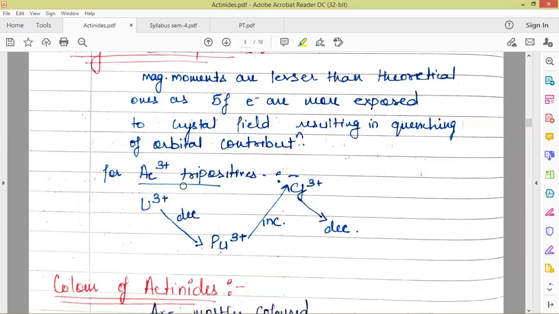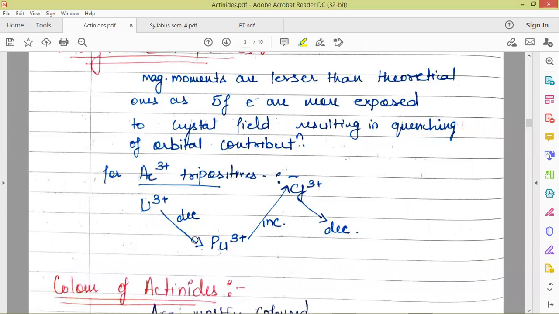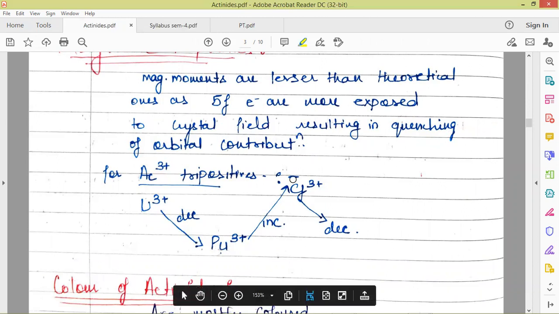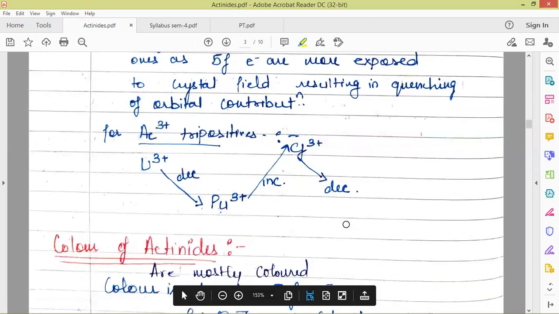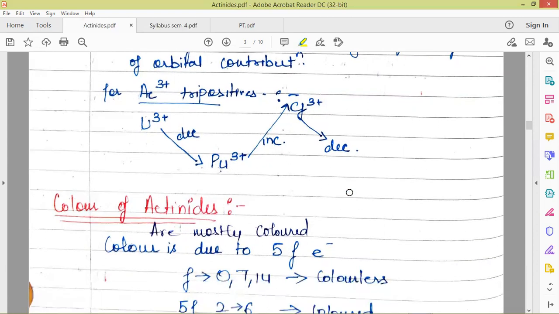So for the tripositive actinides, the trend in magnetic properties is like this: from uranium it decreases to Pu, then from Pu to californium it increases, and then again it decreases. So just this trend is important. You can memorize it as UPC, UPC. It is decreasing first from U to Pu, then it is increasing up to californium, then it is